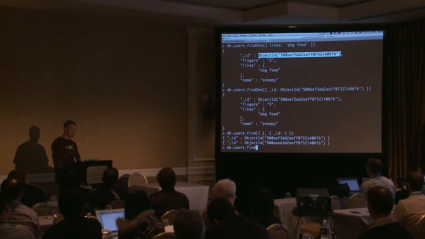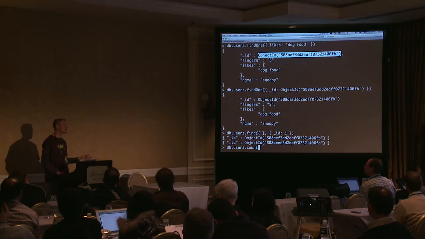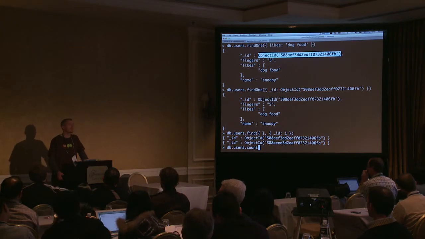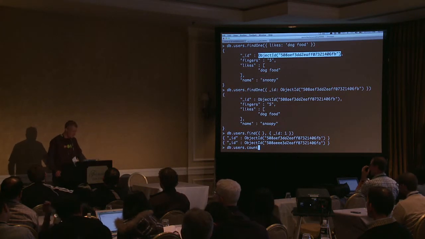We looked at find. We looked at update. Update will work also. Count. You know, it's a matcher. So anywhere you're putting a matcher, it's going to work. There's a trick, though, something to really consider if you're using regular expressions. If you're not using